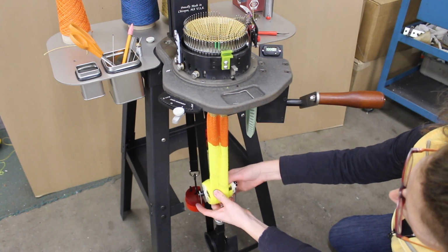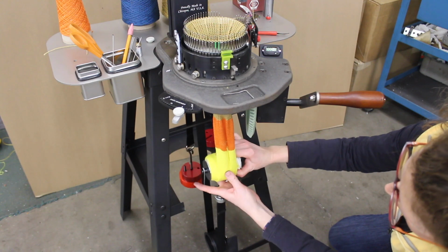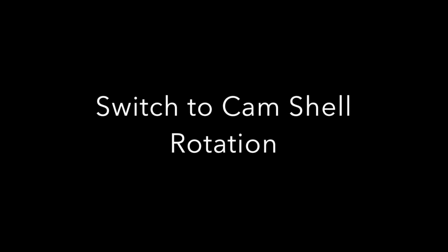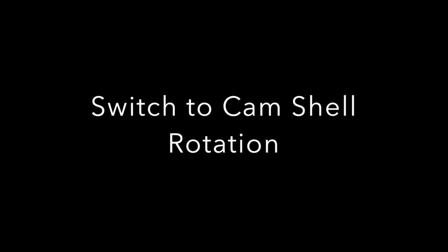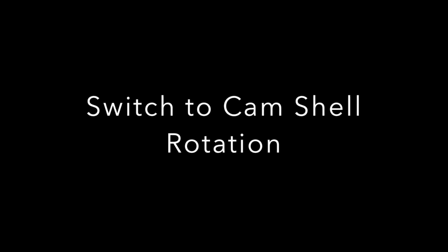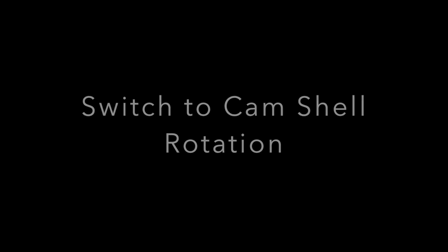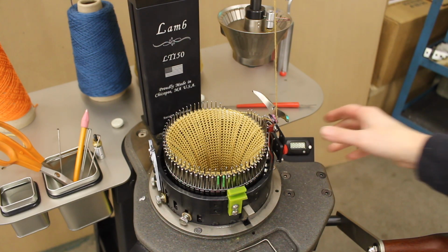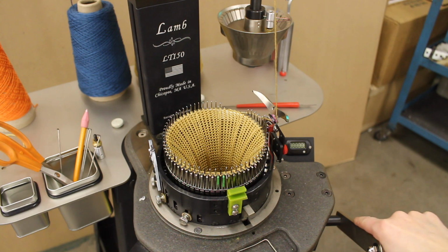Also, it may be necessary to roll up some sock material. As I'm done rib knitting for the remainder of the sock and I'm preparing to make the heel, I'm going to switch to camshell rotation. Reset the counter to 0 and crank in the comfortable direction as you were when rib knitting,